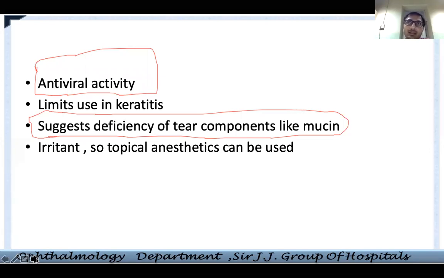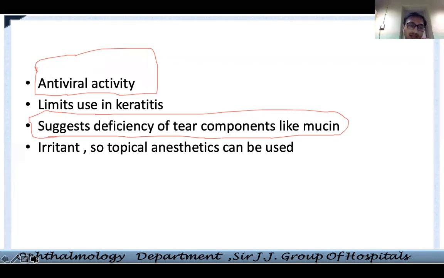So basically that is a very effective medium, and then tell the patient to keep the eye closed for a minute at least, and after that you examine. Don't be in a hurry to examine the patient and try to see the findings, especially when you are using the rose bengal and the lissamine green.